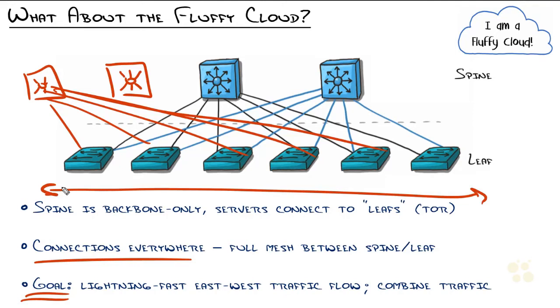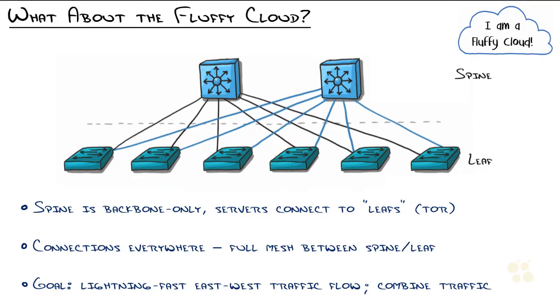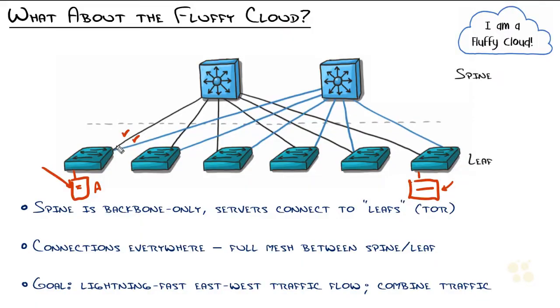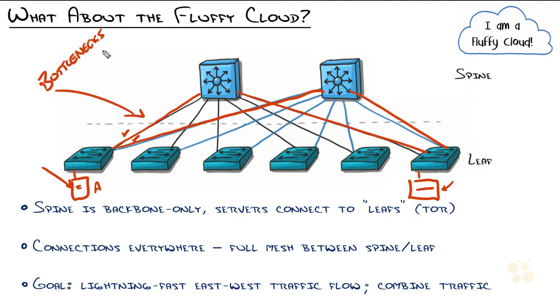And here's where it gets even better. I know we haven't talked much about routing yet, but we will. And I'm just going to plant this seed in your mind. Every single time we add another spine connection, we actually add another routed link. So when the server A over here wants to connect to the SAN, meaning all the drives that comprise the hard drives for the virtual machines that are running on server A, and if that didn't make a lot of sense, just hang with me for a second. It can utilize both of these connections at the same time, load balancing, and both of these switches can shoot it down here to this. You start eliminating a lot of the bottlenecks that we can run into with the traditional three-tier architecture.